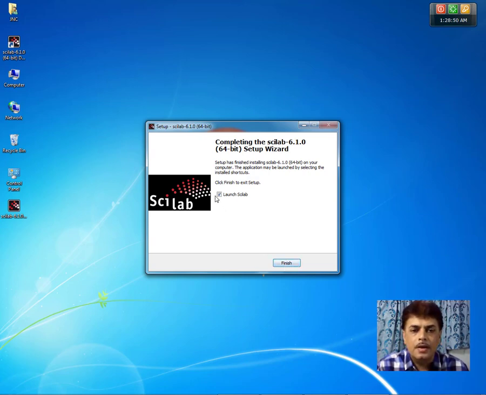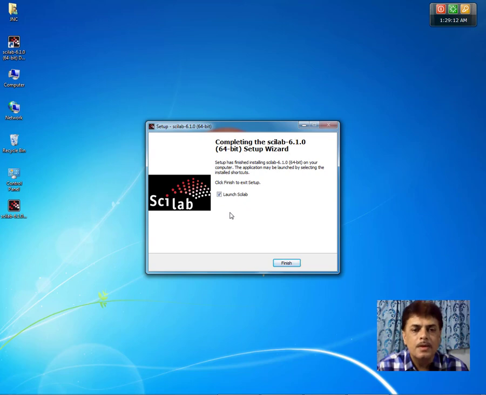And here again it is given that if you want to launch the Scilab at the end of the installation process or not. If you keep this checked, it will launch the Scilab. If you keep this unchecked, it will not launch the Scilab.